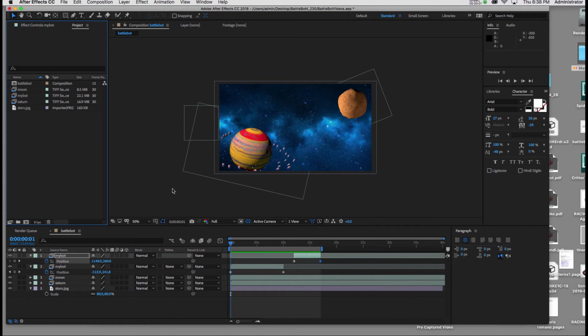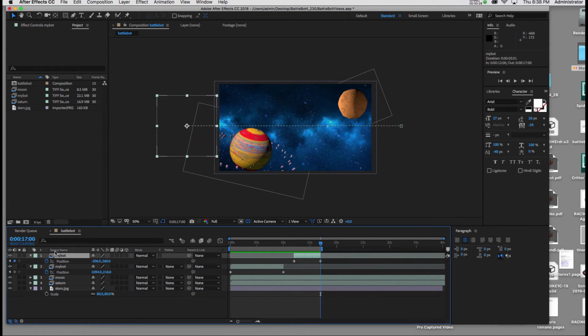Now we need to have the final entrance of our robot coming from the left-hand side, larger, and resting on the left-hand side of our comp so it can do battle with the bad robot. So I'm going to have a 2-second interval between the second 5-second duration clip and the last one, which will come from the left. So I'll put my playback head at the end of the 5-second clip, which would be 1700. I'll make it 1900,